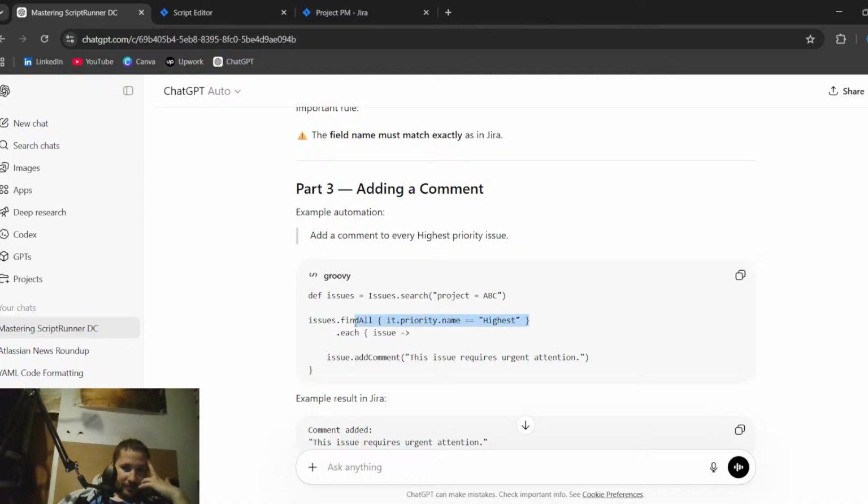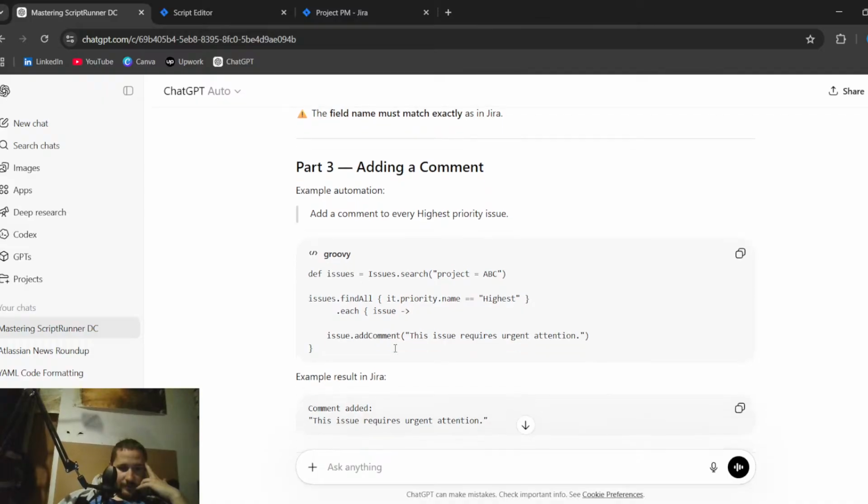So finding all of them that have priority name highest, right? But it's then going based on this part, so everything is connected. Then for each issue, all of them in this part have a priority of the highest. There's a comment that